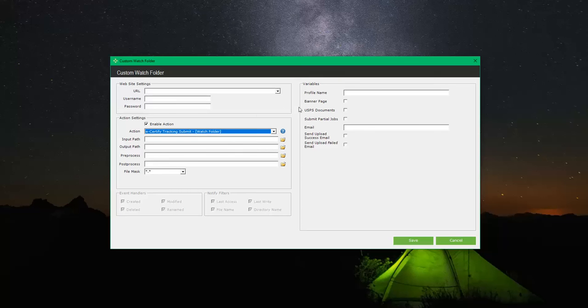As you can see, that opens up a table of variables over here. This is the profile name. Here you're going to put in what profile you would like these pieces to be associated with. So for example, if you're using a mailing profile named 8.5 by 11 electronic return receipt, that's what you would type here. You're going to want to check this checkbox if you want banner pages in your output folder, and